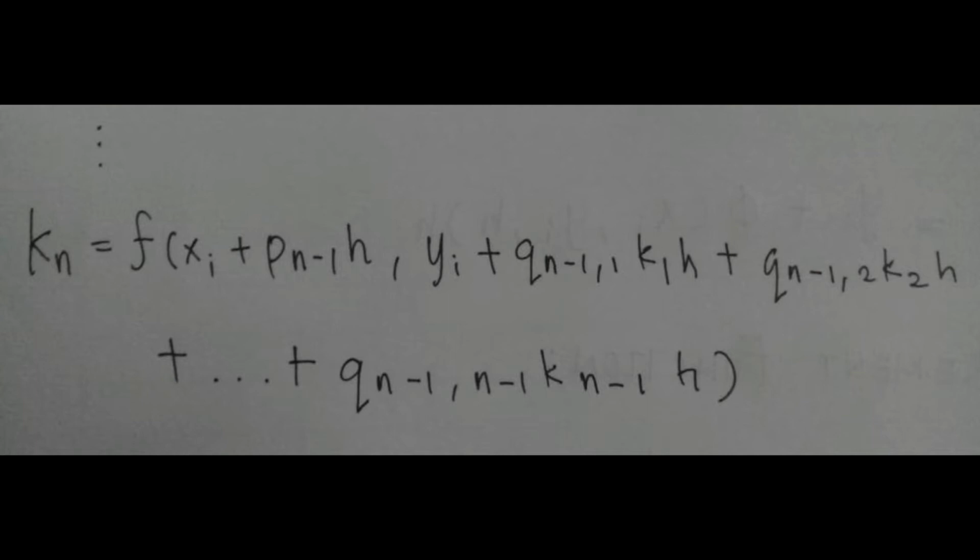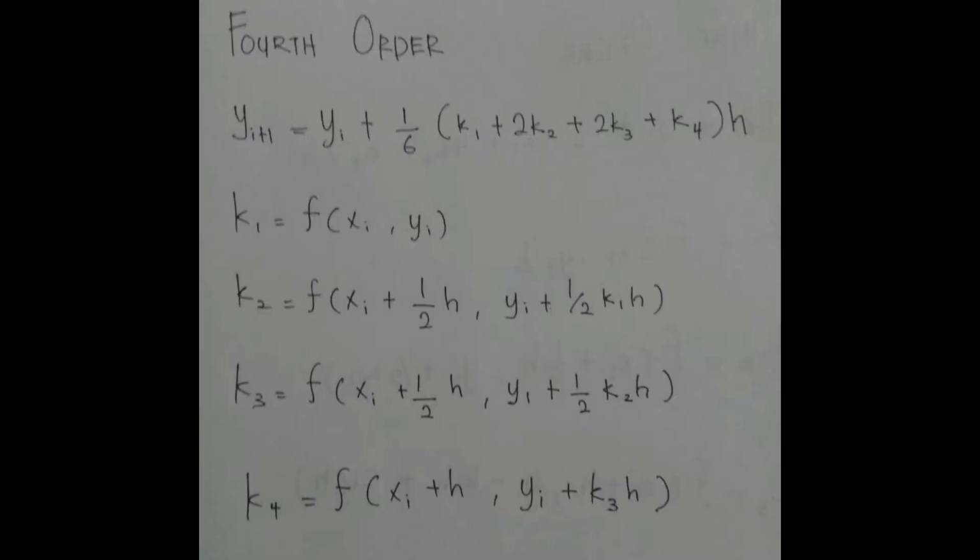The recurrence relationship, in which k1 appears in the equation for k2 and will again appear in the equation of k3, and so on for the fourth terms. The formula for fourth order Runge-Kutta is related to this article. According to Nur Ain Ayuni Sabri and colleagues 2013, they claim that the formula is y_{i+1} equals y_i plus 1 over 6 times in bracket k1 plus 2 times k2 plus 2 times k3 plus k4 close bracket